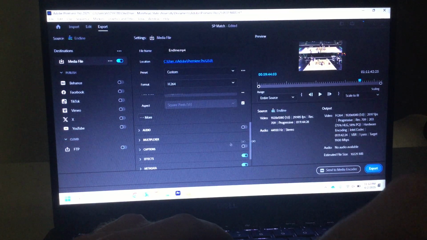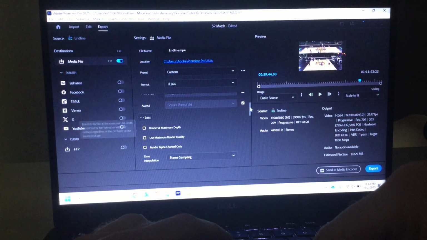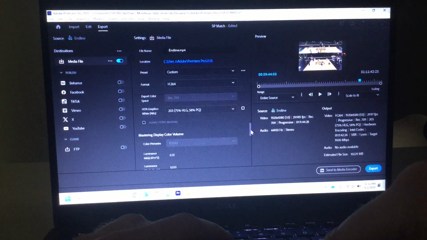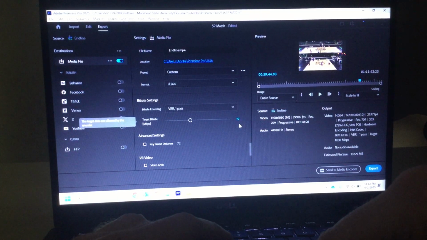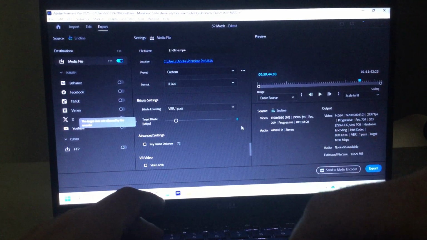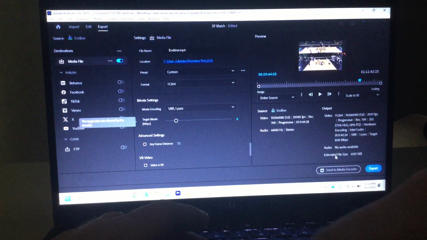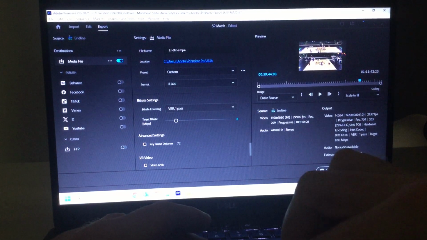There might be a better way to do this. I'm going to click more right here and then come down to the point where the target bit rate. I think I probably need to cut this at least in half, probably down to 8, and that gets me to 4,307 megabytes, which is about 4 gigabytes. And then from here,